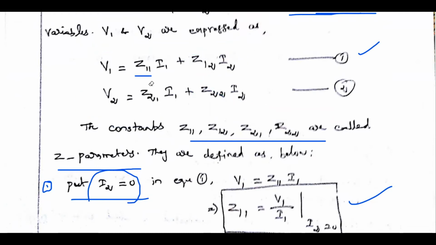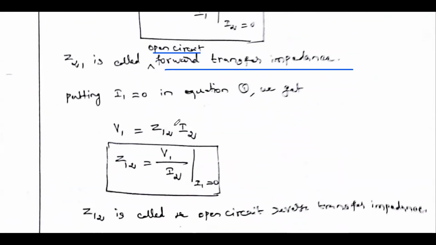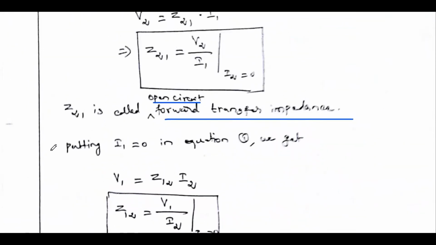and Z22. Okay, so the first two things are calculated. Similarly, if we want to find out Z12 and Z22, we have to make I1 as 0. So in order to make I1 as 0, what is the next condition? The second condition, so this is the second case. In the second case, we are making I1 equal to 0. So what is I1? We are open circuiting the input port.